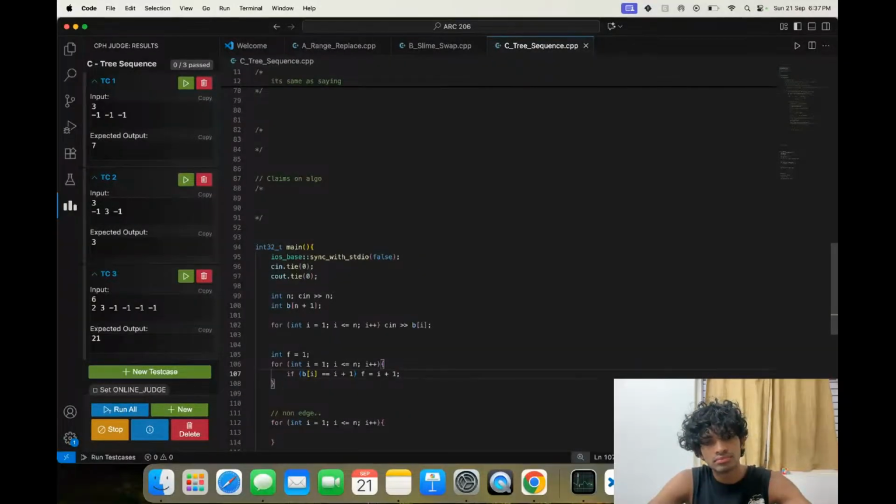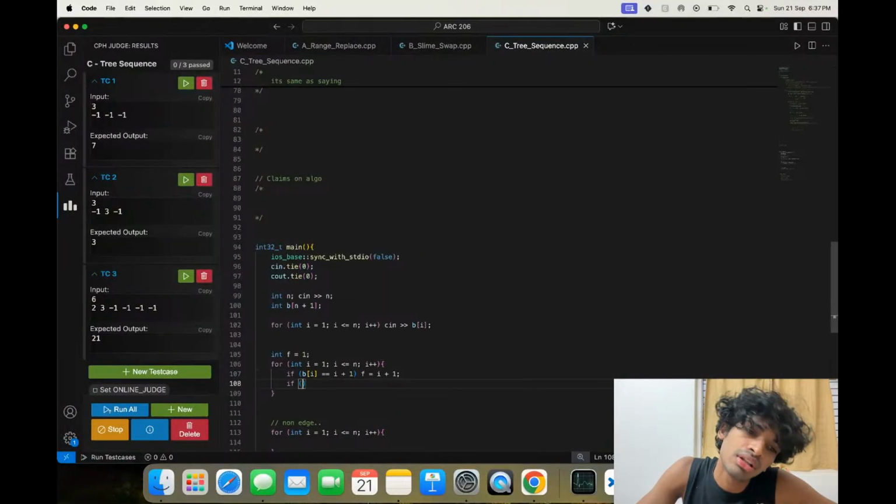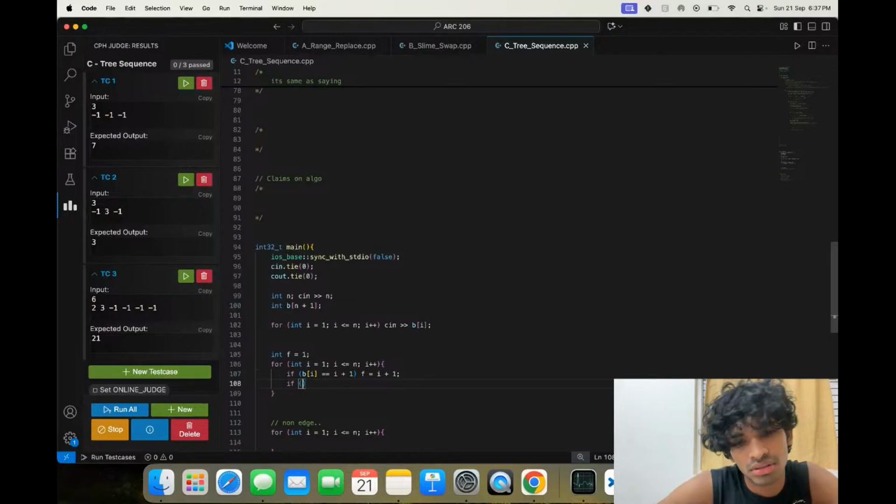Okay, now let's look at the backward edge.